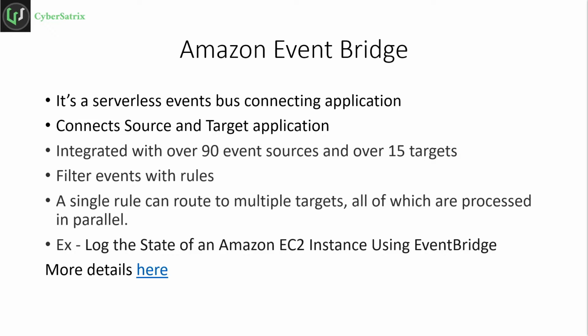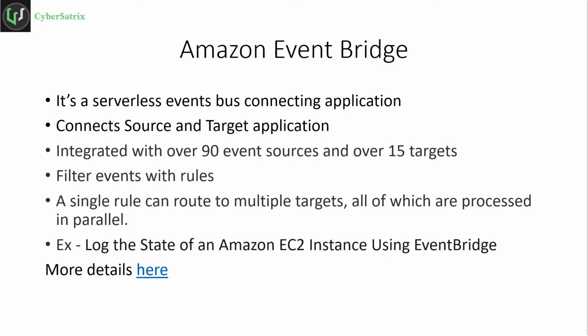They have added a lot of event sources and targets in EventBridge. So that's why it has been given a different name, or as a service altogether in CloudWatch. You can filter the events before sending those events to the target. For example, let's say you are processing some data and you identify that, okay, I don't want to process or send the data related to, let's say, your informational logs, right? So you can filter that data at the Lambda function level. That is altogether a different service, but you can use that here, right?